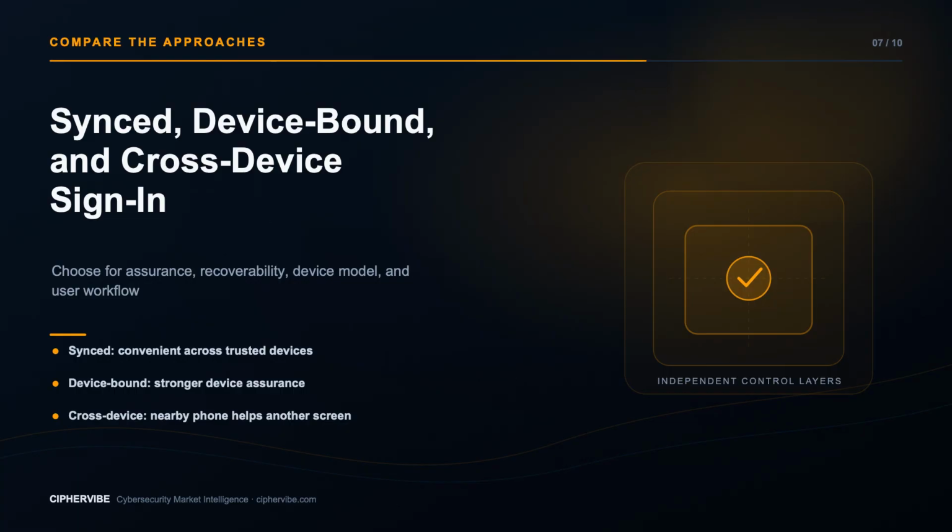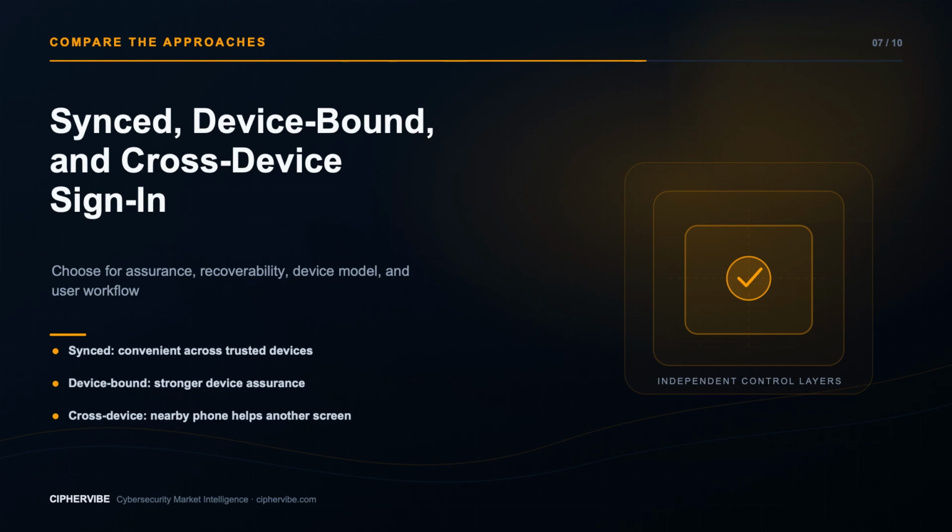the threat model. A device-bound Passkey does not leave its authenticator. Hardware security keys are a common example. This can provide stronger device assurance and suit administrators, regulated environments, or shared workstation workflows. The trade-off is recovery. Lose the only authenticator, and the credential is gone, so high-assurance deployments commonly register a separate